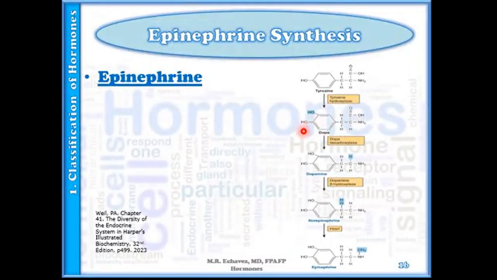From DOPA to dopamine, you have a decarboxylation reaction, and it's this one that is removed. So now we have your dopamine. From dopamine, we now have another hydroxylation reaction. There's the addition of the hydroxyl group here, and you end up with norepinephrine. You will see we sequentially added hydroxyl groups, which actually renders this molecule more water-soluble. That's why your catecholamines are water-soluble hormones.